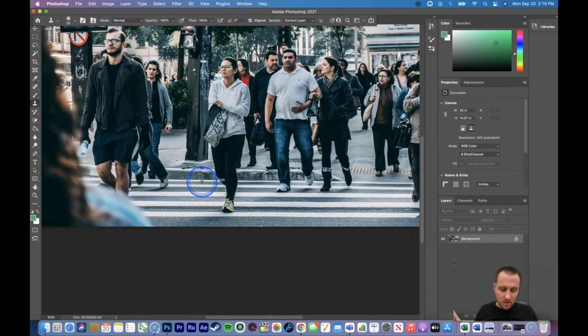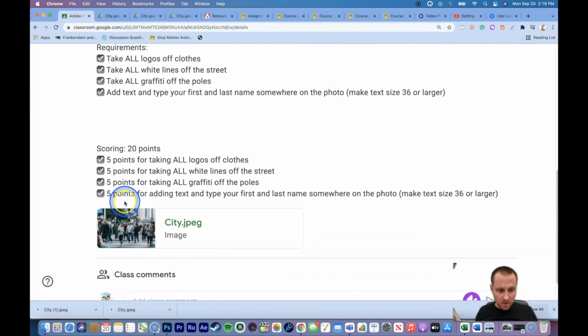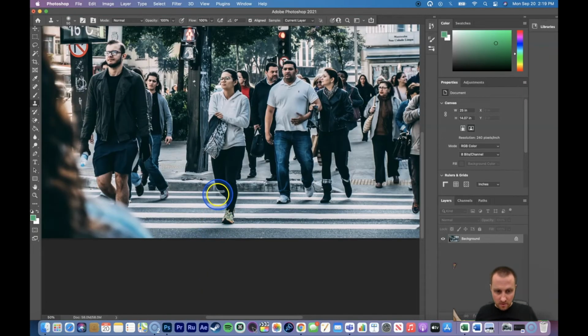Alright, so as Google Classroom says, you're going to go back to the requirements. You need to do all the logos off the clothes, all the white lines off the street, and all the graffiti off the poles, and then also add text with your first and last name somewhere on the photo. Make text the size 36 or larger. So if you go back to Photoshop, so the remainder of the